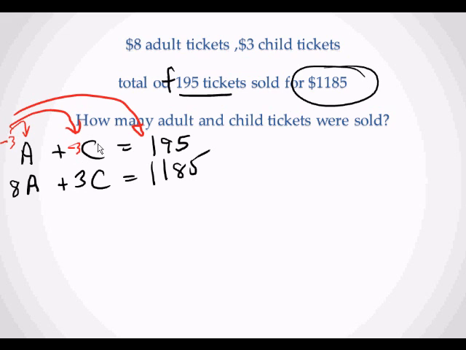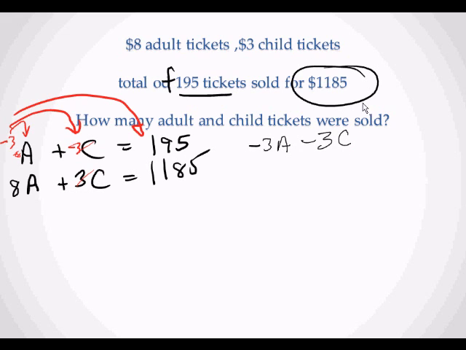I'm not picking -3 at random. I'm picking -3 because when I multiply by -3, do you see how the C's will cancel? The C's will cancel. I could have picked -8, and then the A's would have canceled, but I'm picking -3,